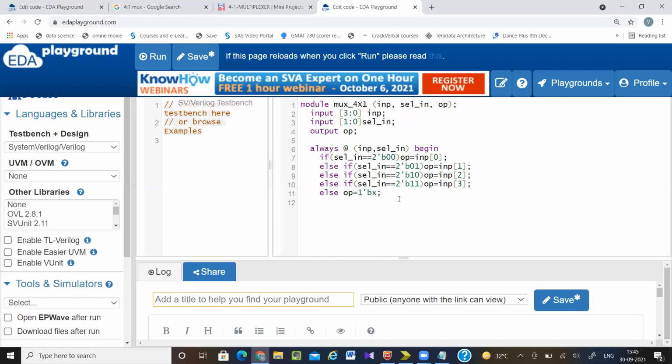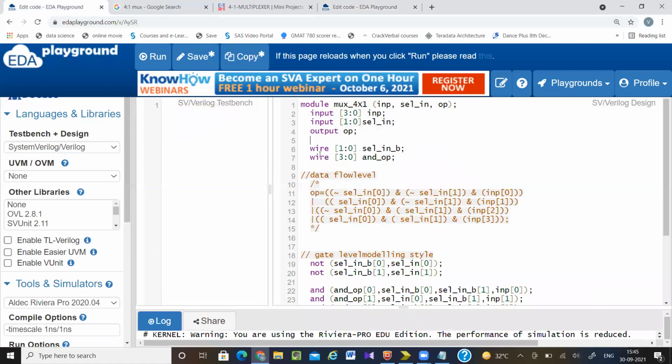Now here you have to remember two things. In data flow level, we use the assign keyword, which means continuous assignment.